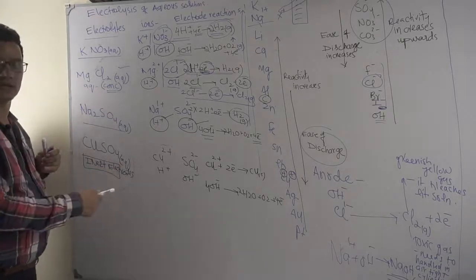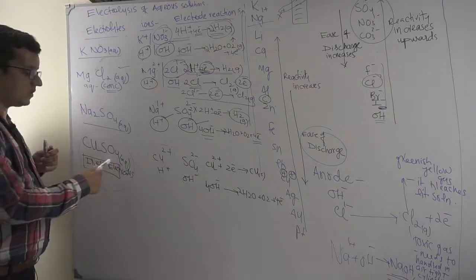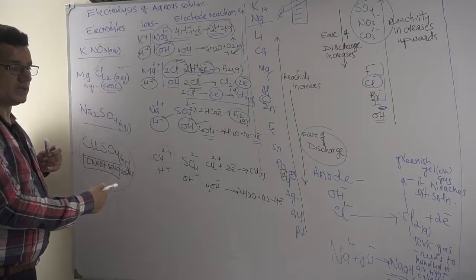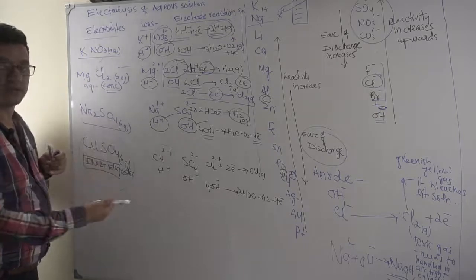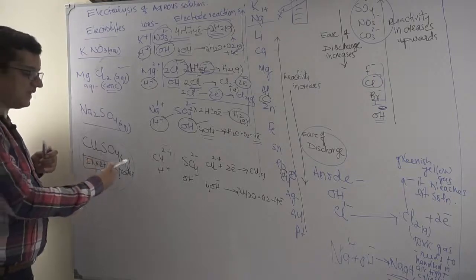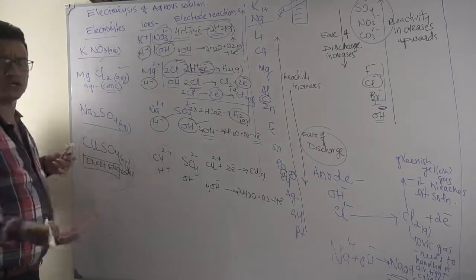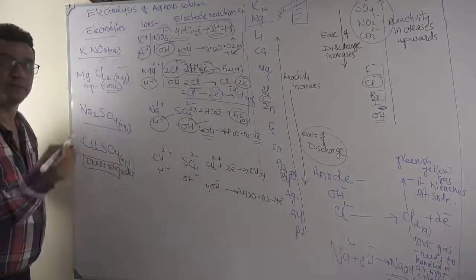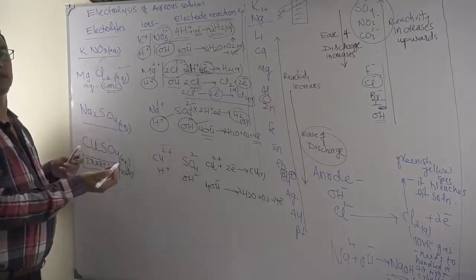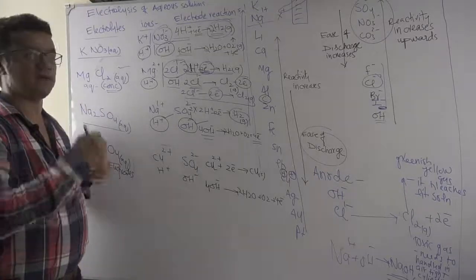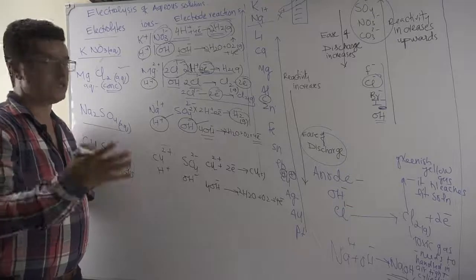Using inert electrodes. Industry is not going to carry out the electrolysis of copper sulfate using inert electrodes because you will find out they need to refine the impure copper. But just for practice in the exam, if they ask copper sulfate aqueous, inert electrodes, electrodes are not participating. In all these electrolysis, electrodes are simply the places where the reactions are taking place. Because when they are participating, either it is the case of refining or electroplating. We will see that later.